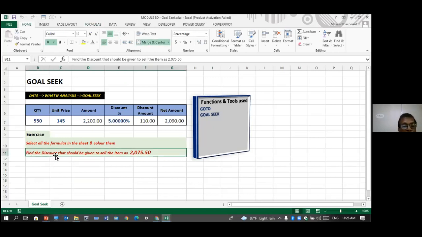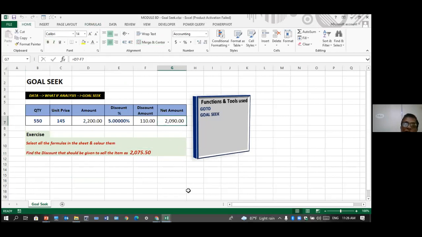Look at this. Find the discount that should be given to sell the item at 2075.50. At the moment, we are selling at 2090. So I want to find the discount to sell it at 2075.50. Now what you can do is keep on changing the discount and see, but it takes a long time. Before that, I want to find out what the formulas in this are. So to find out the formulas,